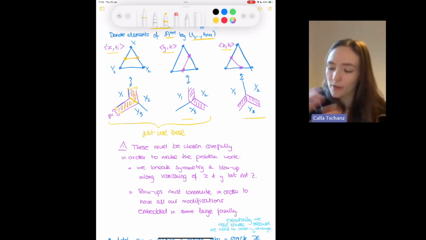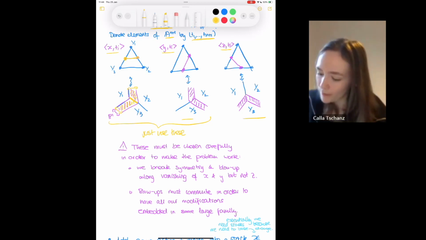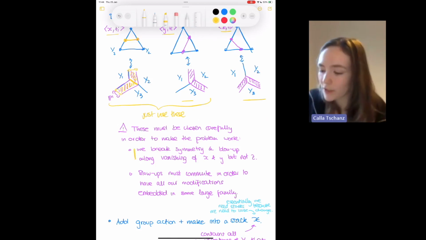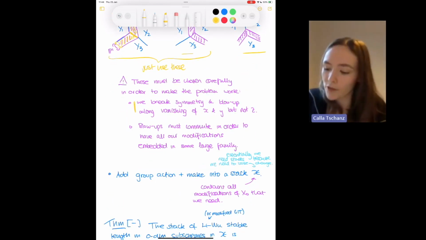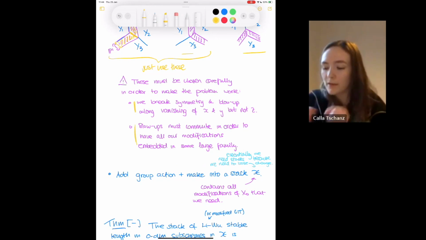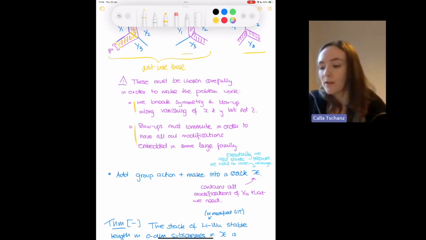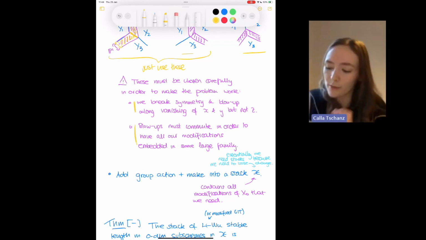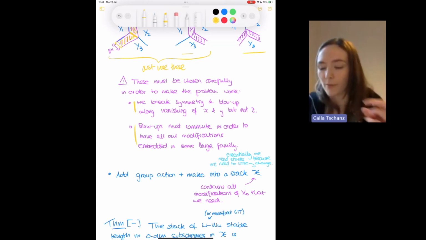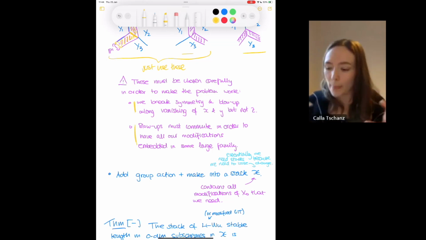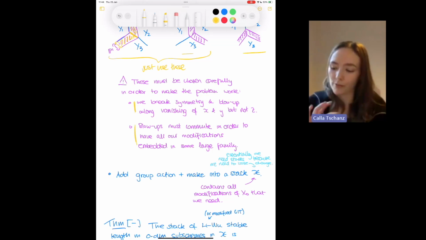So I use these and combine them together. This is a crucial step that we have to accept: we need to break the symmetry of this construction to make it work. The way I chose the blowups means that if you blow up in X and then in Y, it's the same thing as blowing up in Y and then in X. Everywhere that we do this, these blowups will commute. So the modifications embed into the big family in many different ways, and that allows all the limits we construct to relate to each other well.